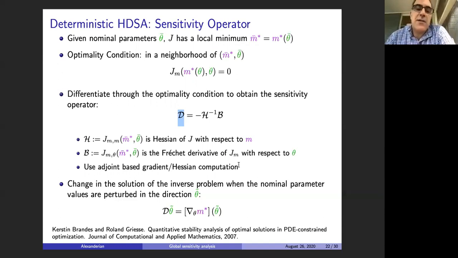And obviously for large scale applications, you have to rely on adjoint state methods for gradient and Hessian computations, definitely gradient computation. And of course, this D measures the change of the solution of the inverse problem where the nominal parameter values are perturbed in a given direction. All right. And of course, this is a complicated operator, this D. We can use this D to define sensitivity indices. I'm not going into too much detail, but I will show you some results to motivate and give